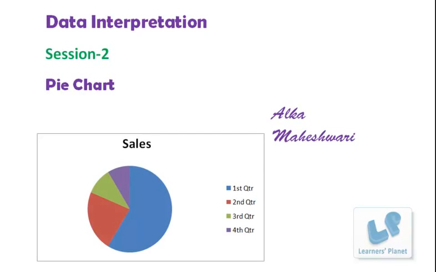Friends, this is our second session for data interpretation. In this session, we will be discussing a set of problems based on pie charts, right? But before we proceed further, I would suggest you revise the basic sessions of percentage, ratio and proportion, averages, and you should be aware of the digital root concept also that I have already discussed in my calculation sessions. Unless you are clear with all of these topics, it will be really difficult for you to understand the time saving techniques in data interpretation, right?